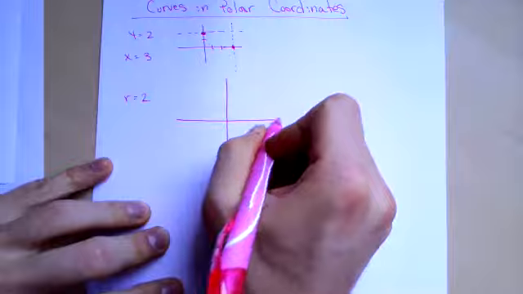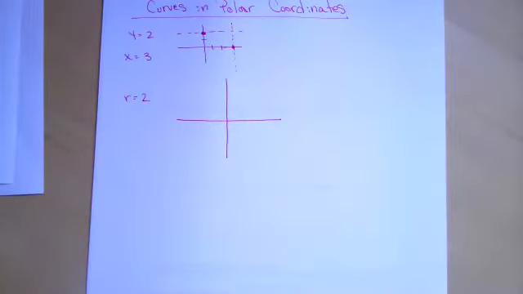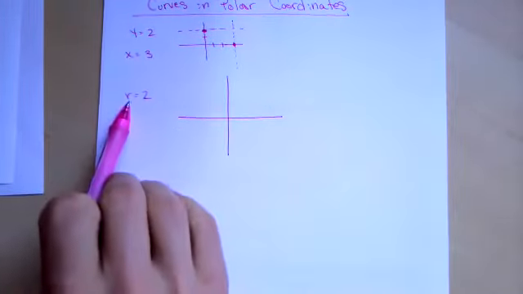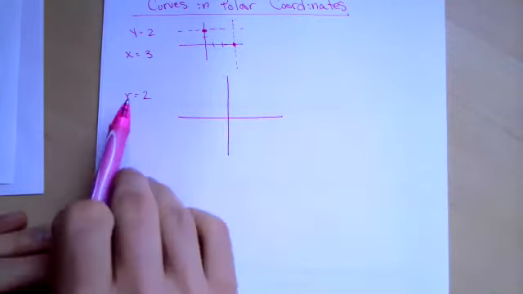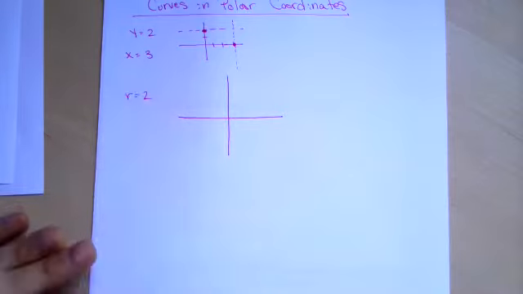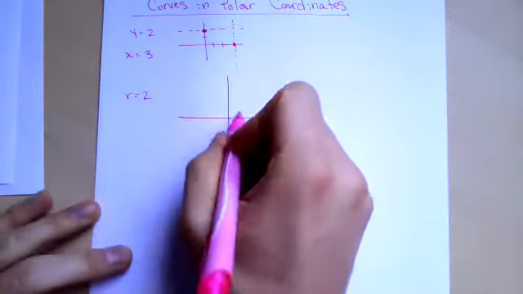What does it tell us? What information does that give us about the points, or the set of points, that satisfy this? Well, all it is saying is theta can be anything. I have no restrictions on theta, but it's saying that my radius has to be 2. So if my radius has to be 2,